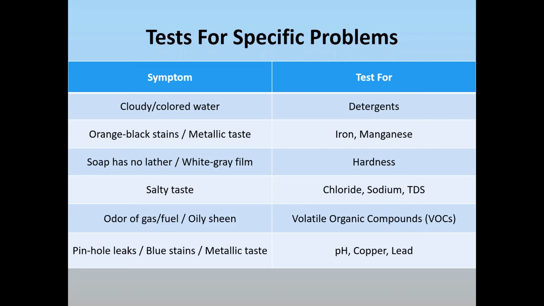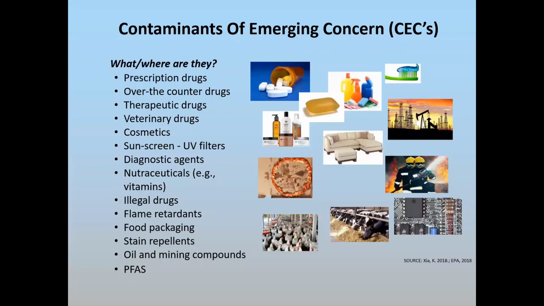And then there's issues with organic compounds. And then there's a whole other topic on what's called CECs, contaminants of emerging concern. These are all the different types of products that we use on a day-to-day basis, prescription drugs, sunscreens, all these types of things that we're flushing down the toilet or the drains into our surface and groundwater. Some of these are broken down naturally in the soils, broken down in the water treatment systems, but some are not. And then there's a whole other suite of compounds called PFAS, polyfluoroalkyl substances, that are used in firefighting foams